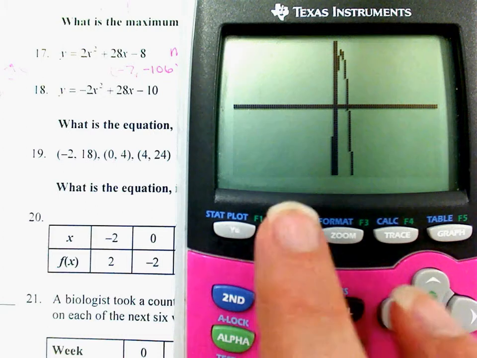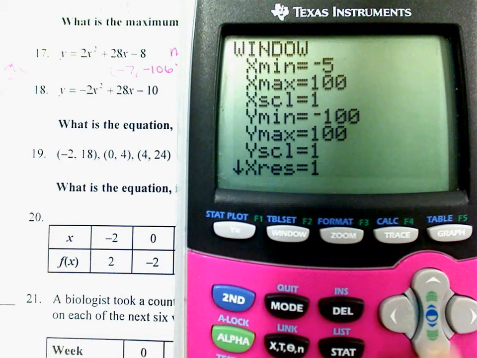Teachers, at this time, we need English, foreign language, and history to dismiss to the fine arts building. Thank